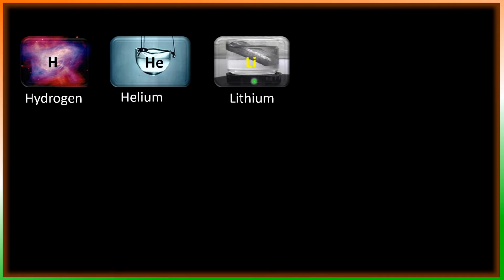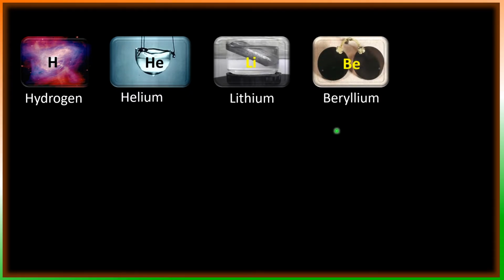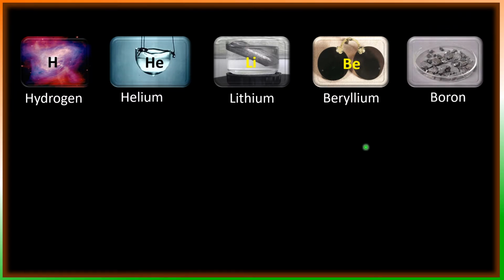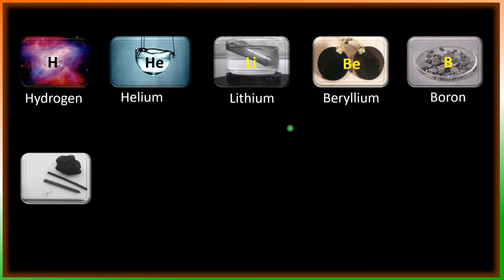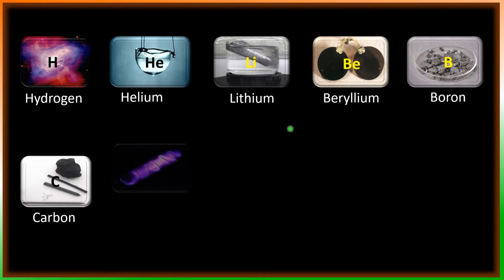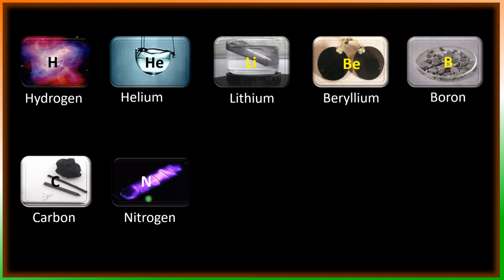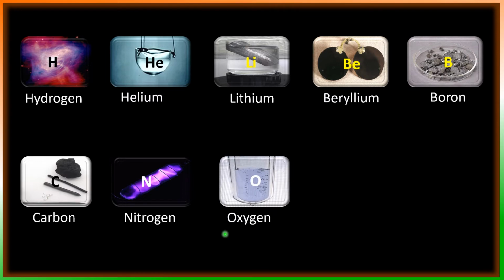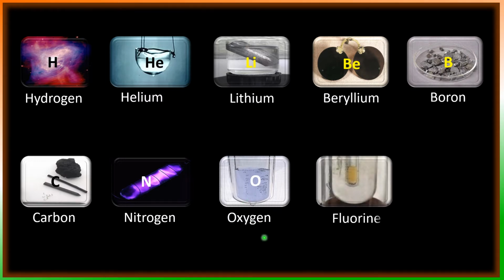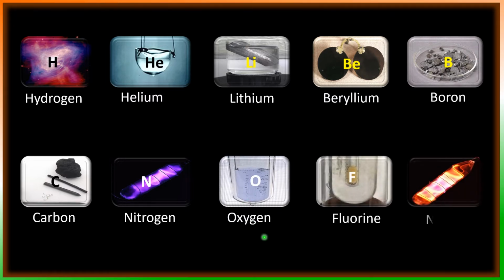The first element in the periodic table is hydrogen. Its symbol is H. Next, helium He, lithium Li, beryllium Be, boron B, carbon C, nitrogen N, oxygen O, fluorine F, neon Ne,